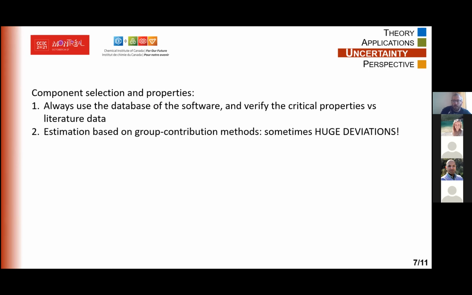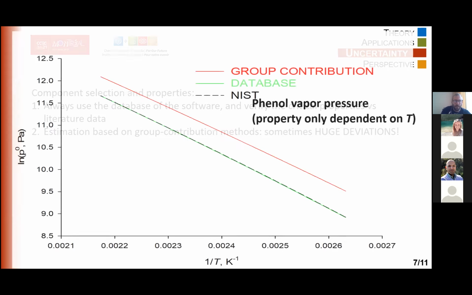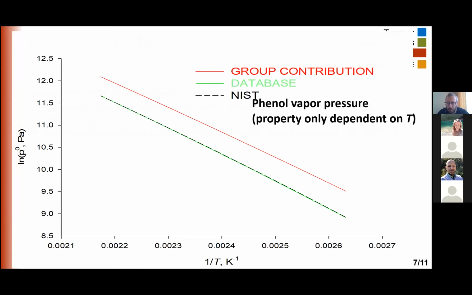Let's talk about phenol, so pure component properties. Vapor pressure is a pure component property and depends only on temperature. The property is usually calculated by the Clausius-Clapeyron equation. What I did here is that I took a random component, literally the first one I checked, phenol, and I took the database component, the green line, and I compared the vapor pressure versus the literature, okay, versus